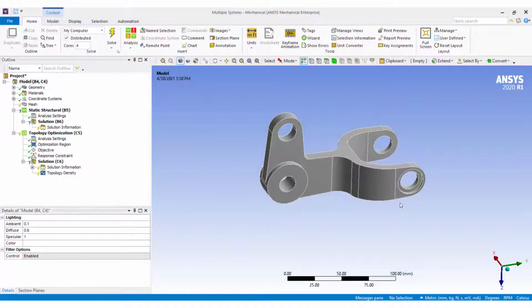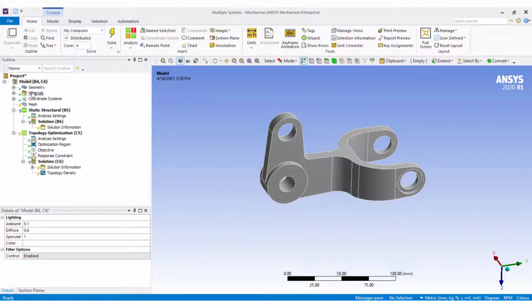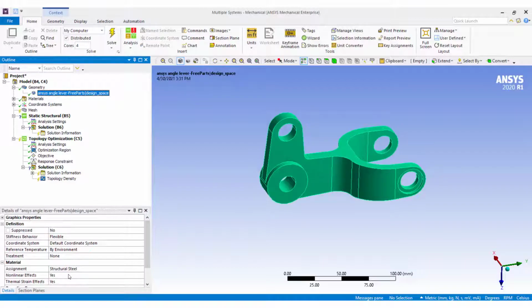Running a static structural analysis is important before a topology optimization study to see and compare the stress distribution in the body under the applied load before and after the optimization. From the Home tab, one can change the units. Under the geometry, structural steel is already selected.